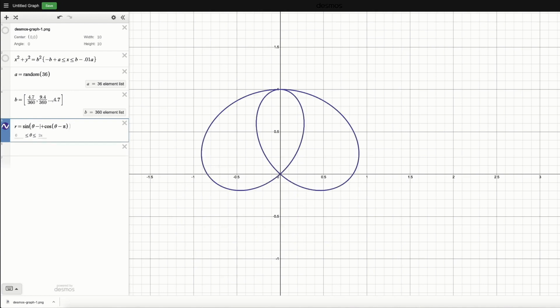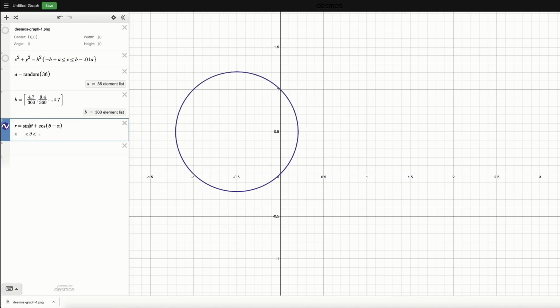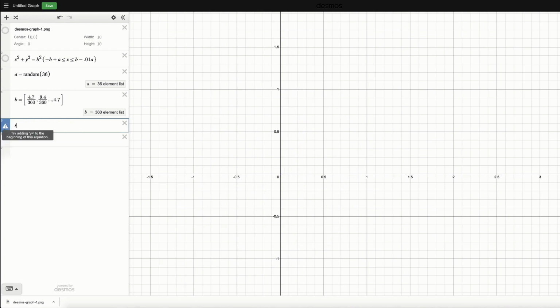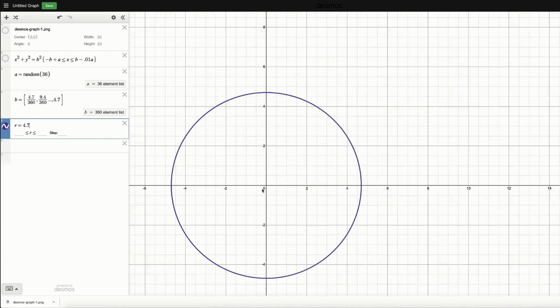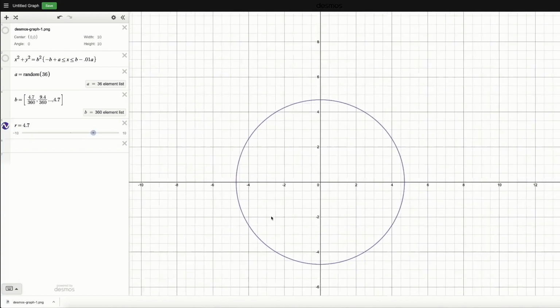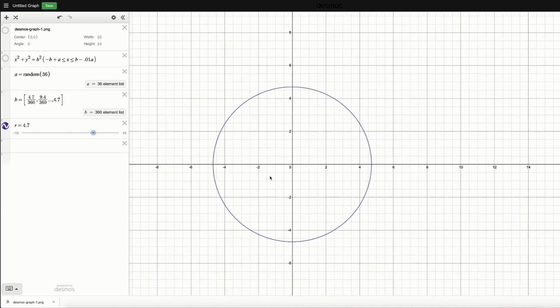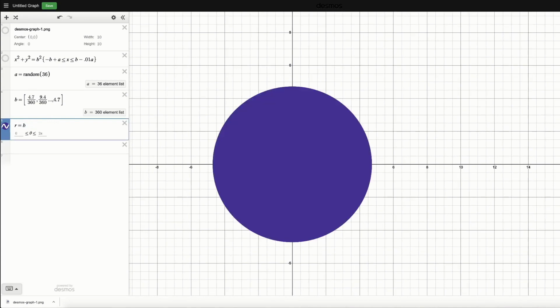Well, shoot, I might have to look up how to do a simple circle in polar coordinates. But it made me wonder, what if I just did r equals 4.7? Seriously, that was very, very simple. Okay, so what we want then is r equals b. That gives us all our circles, and that's from 0 to 2 pi. So we should be able to just restrict theta